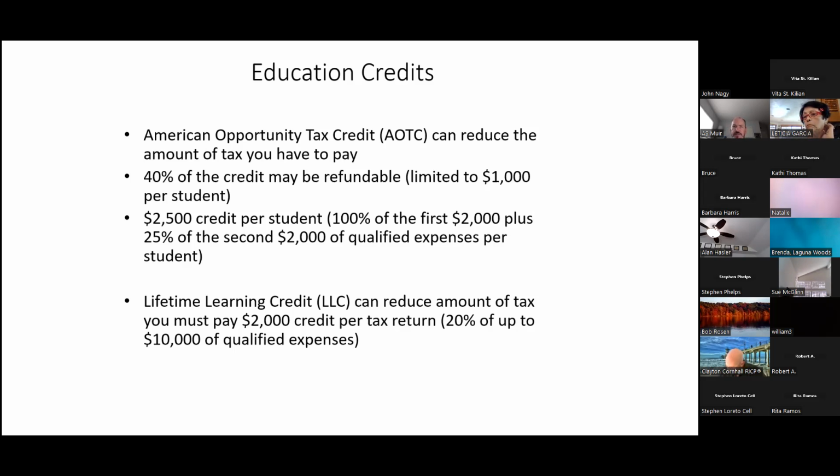So again, American Opportunity, typically undergraduate; Lifetime Learning, this is everybody on the return: mom, dad, and any kids. And the limit is $2,000 for the credit. And that is a non-refundable credit as opposed to the American Opportunity credit. And if you have the same student, you can't get both of these credits; it's one or the other. And most individuals will select the American Opportunity Tax Credit because, again, it has a refundable component.